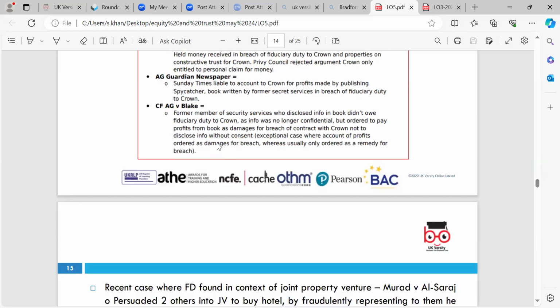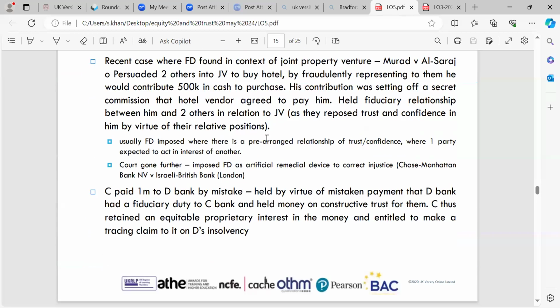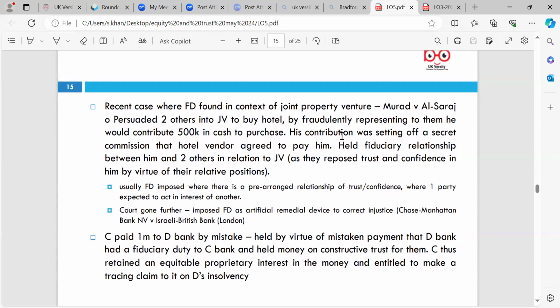The final case is CF and Blake, a former member of the security services who disclosed information in a book. He didn't owe a fiduciary duty to the Crown, as the information was no longer confidential, but was ordered to pay the profits from the book as damages for breach of contract with the Crown, not to disclose information without consent, whereas this is usually only ordered as a remedy for breach of fiduciary duty. A recent case where a fiduciary duty was found in the context of a joint venture was Murad against Al-Sarraj, where